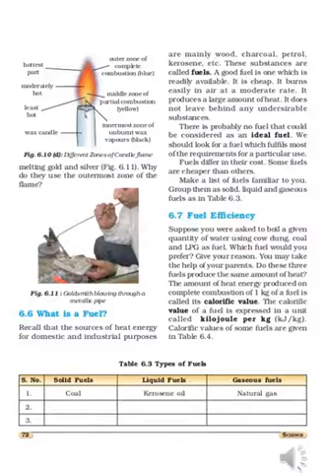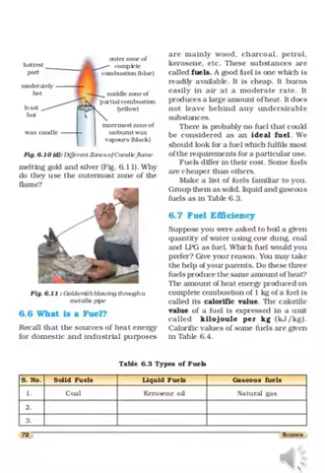Fuels differ in their cost. Some fuels are cheaper than others. For example, kerosene and petrol: kerosene is cheaper than petrol. When we take LPG and CNG, we can say CNG is cheaper than LPG. So, wood and CNG, we can say wood is also cheaper. So, some of the fuels are cheaper than others. According to that, we should look for the fuel which fulfills most of the requirements for a particular use.